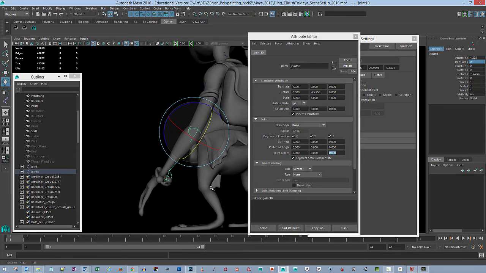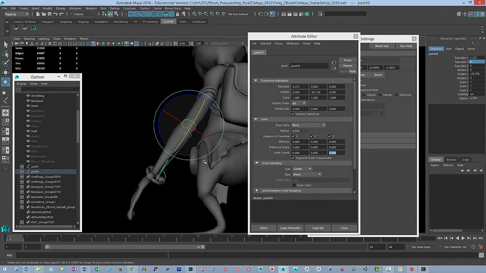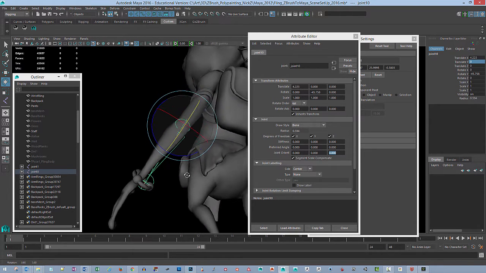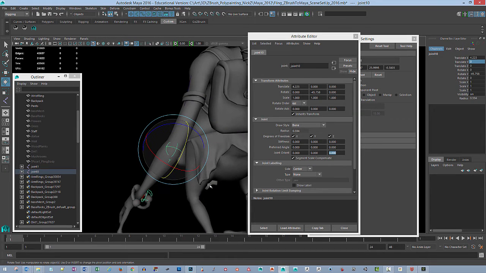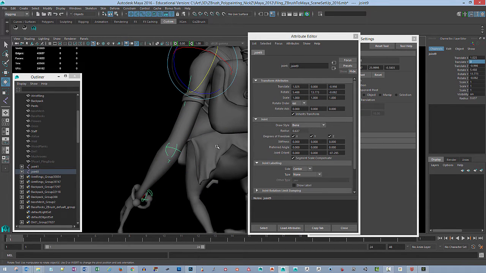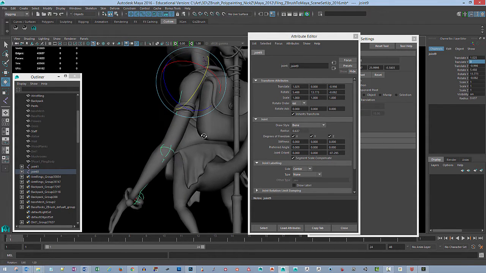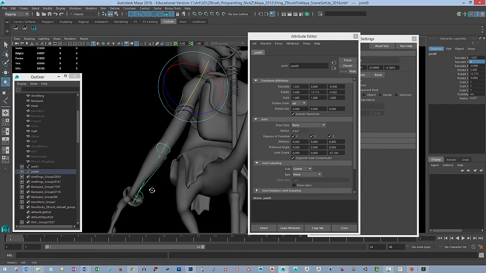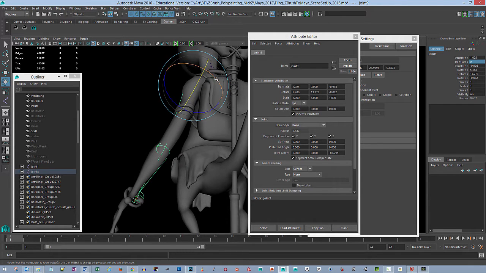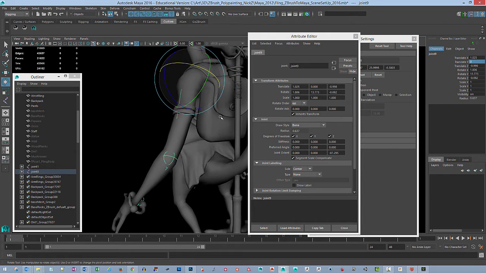But I do have a character who has kind of these cartoony arms, and so we're going to have to match the skeleton as best as we possibly can with this. If I'm being really strict, and that's kind of what I'm doing right now by straightening all this stuff out, and I want this thing to really work with what I've got going on here, I got to do a little bit of rotation up here on the top of the shoulder,